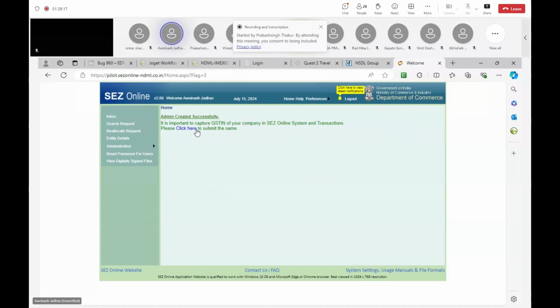So now you can see the moment you did that, the links on the left hand side changed. Now your applicant ID has become an admin. ओके, जो मैंने एक स्लाइड में बता के रखे कि वो एडमिन के फंक्शंस क्या है, कि वो यूजर्स क्रिएट कर सकता है, रोल दे सकता है, फंक्शनैलिटी दे सकता है, रीसेट पासवर्ड, ये सारे आप देख सकते हो यहाँ पे। एडमिनिस्ट्रेशन में जाके आप मेंटेन यूनिट यूजर्स कर सकते हो। अगर यूजर कोई लॉकआउट हुआ है, उसको यहाँ से रीसेट पासवर्ड से आप अनलॉक कर सकते हो।